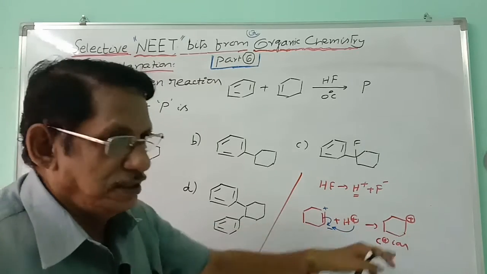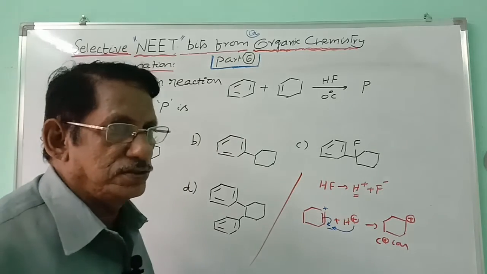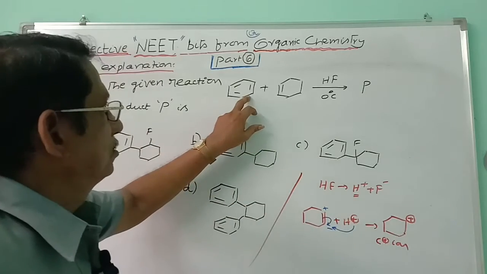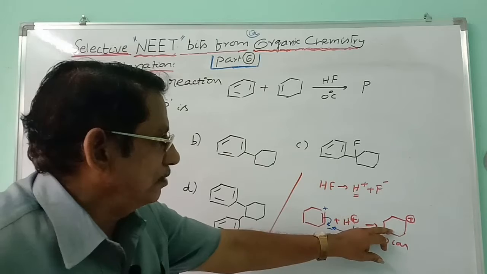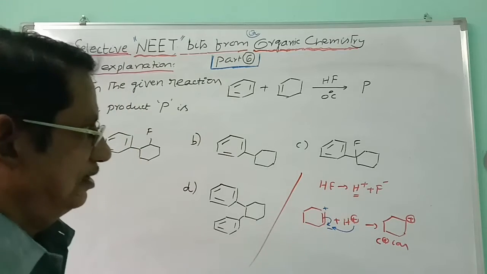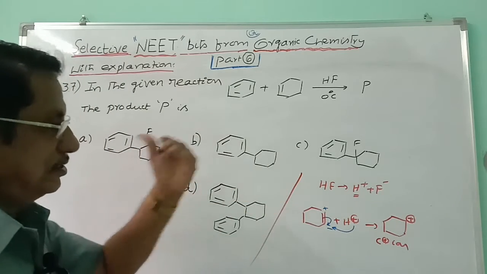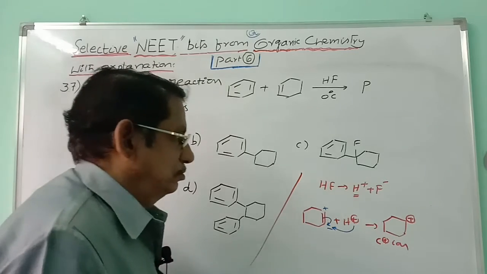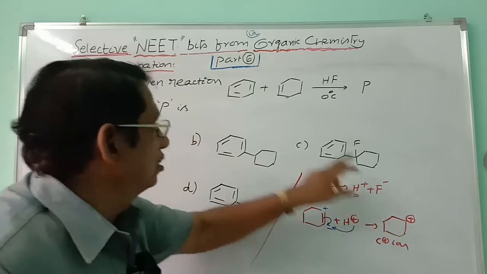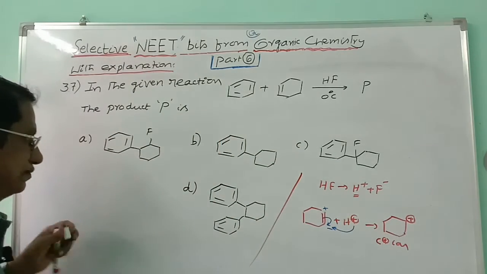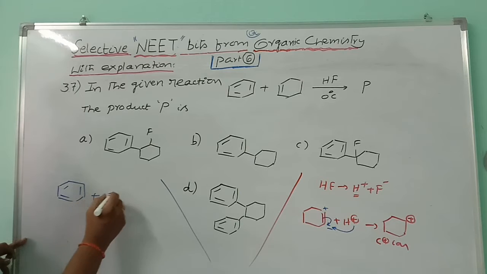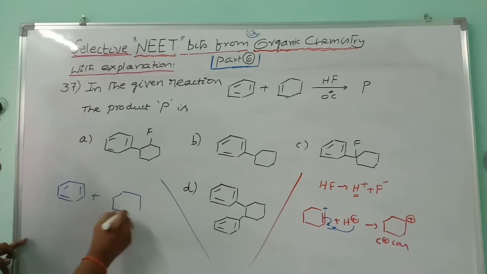Later, this carbocation makes its attack on the benzene ring, because the benzene ring undergoes electrophilic substitution easily. That is its favorite reaction. You have to consider this attack on this, but not F minus on this, because there is no product containing only cyclohexane plus F. There is no fluorocyclohexane. So out of the four products you have to select one, and you have to go by the mechanism according to the product nature here. And so this is the carbocation. It will be making its attack on the benzene ring. And so here I am writing benzene ring plus electrophile. This is the electrophile.